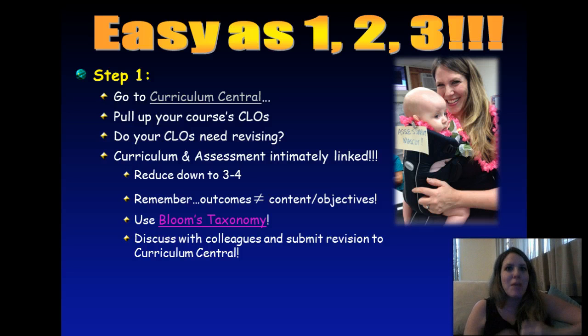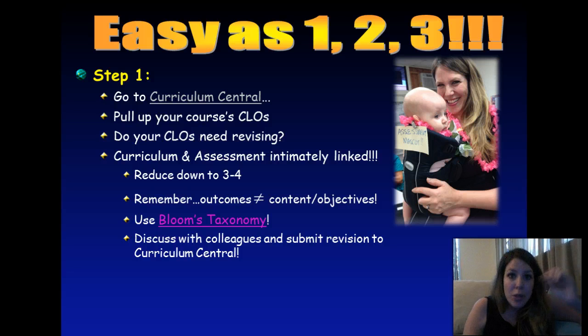and then at that point, making them authentic, making them things that are the take-home messages of the course. What do students going through that course need to be able to do? And it's important to understand that course learning outcomes are not the same thing as content and objectives. So for example, for Biology 101, maybe a learning outcome would be that they can apply the scientific method to experimental design, data collection, and data analysis. That's a course learning outcome.